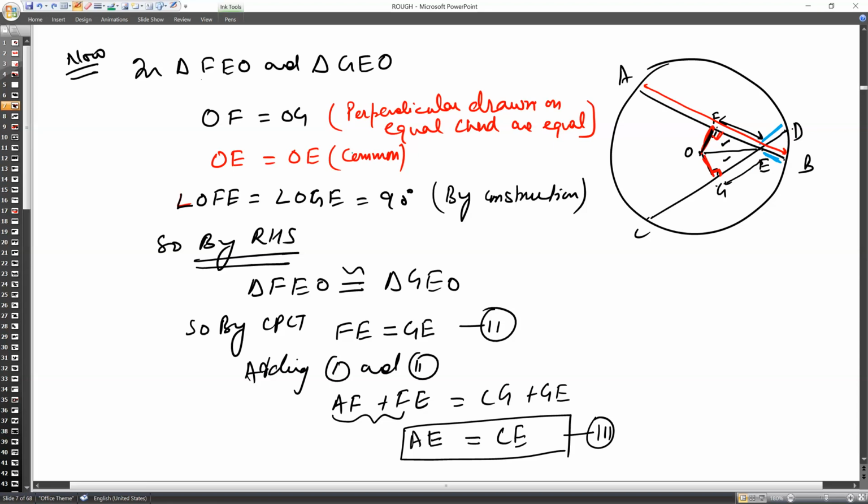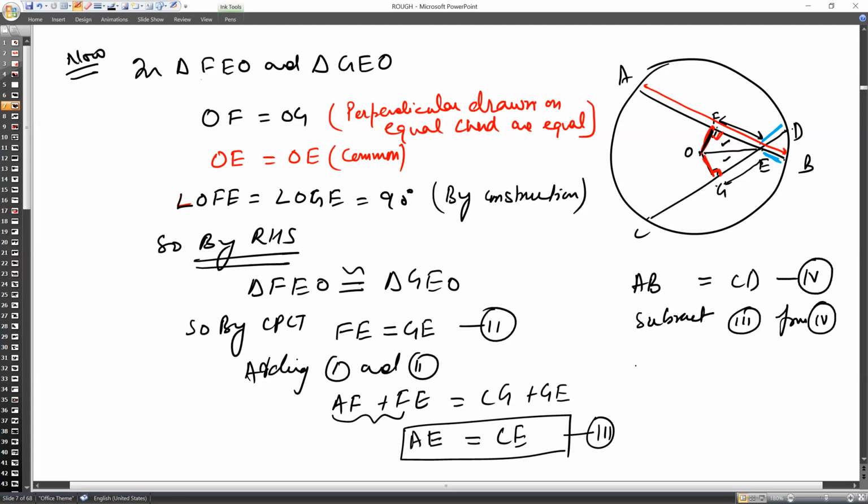So you will write here that we know that AB is equal to CD. It is given to you. AB is equal to CD is given to you. This is the fourth equation. Okay, it is given. And if you subtract third from fourth,